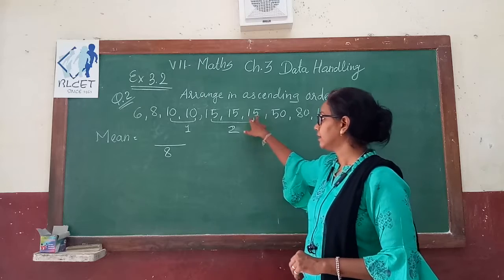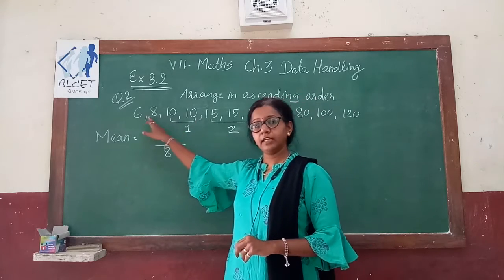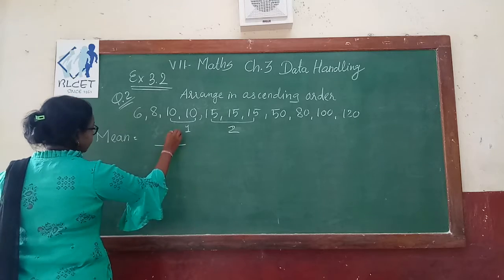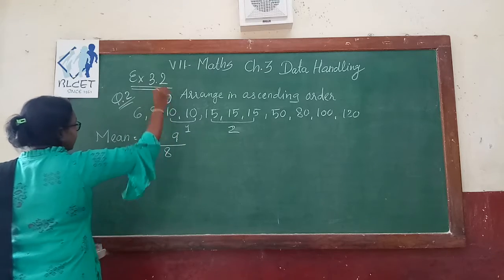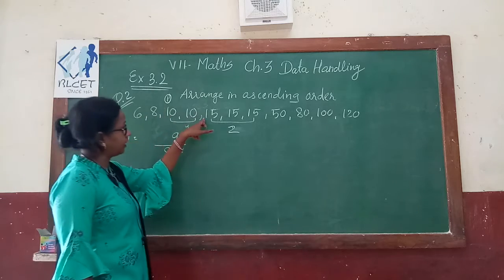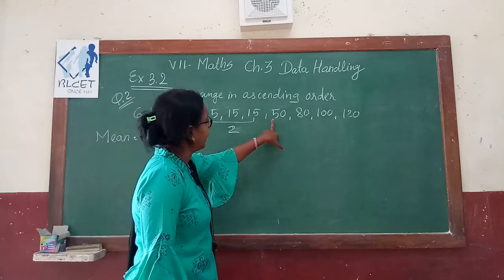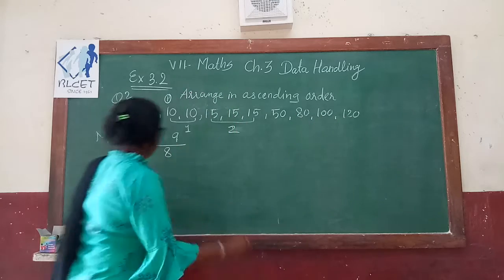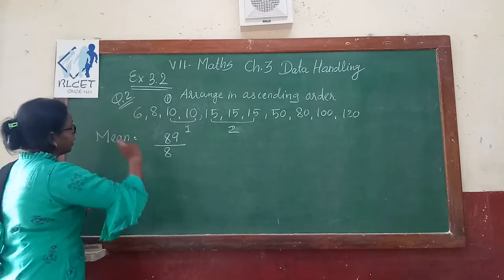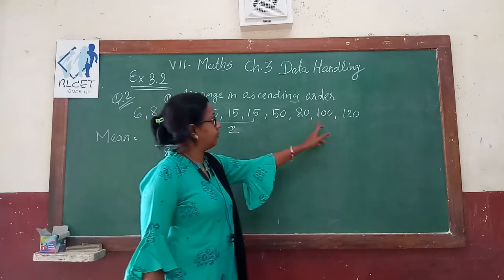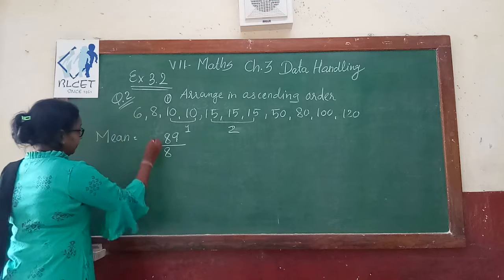So 5 plus 8, 13. 13 plus 6, 19. So 9. 1 is carry over. 1 plus 1, 2. 2 plus 1, 3. 3 plus 5, 8. 8 plus 8, 16. 16 plus 2, 18. 18, so 8, 1 is carry over. Now we have 1 here, 1 plus 1, 2, 2, 8, 9.